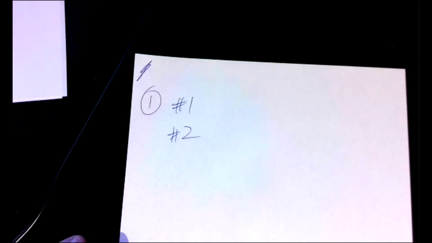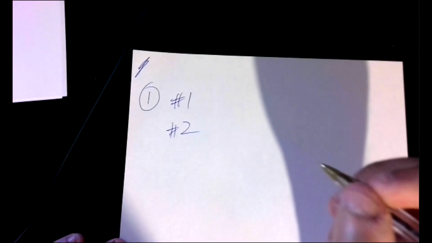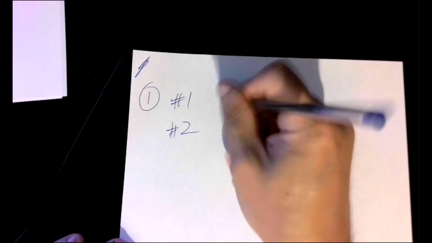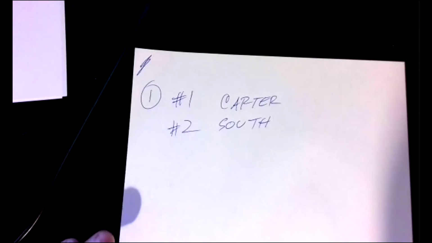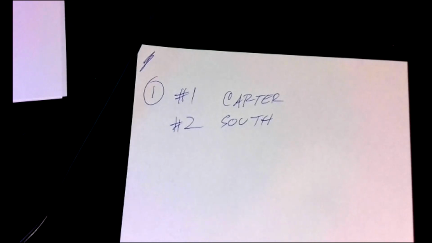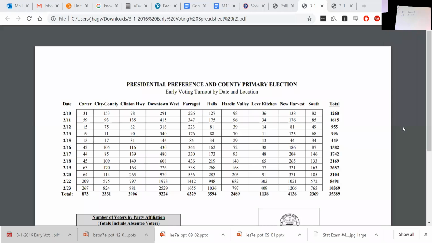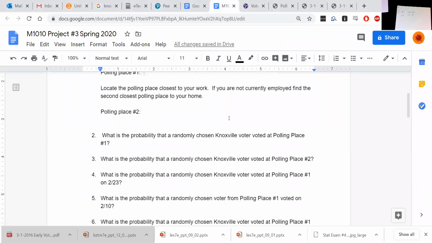The answer to question one is, where are the polling places? Just for demonstration's sake, let's see, I'll use Carter and South. Your polling places will be different than these. So, what's next? For question number two,